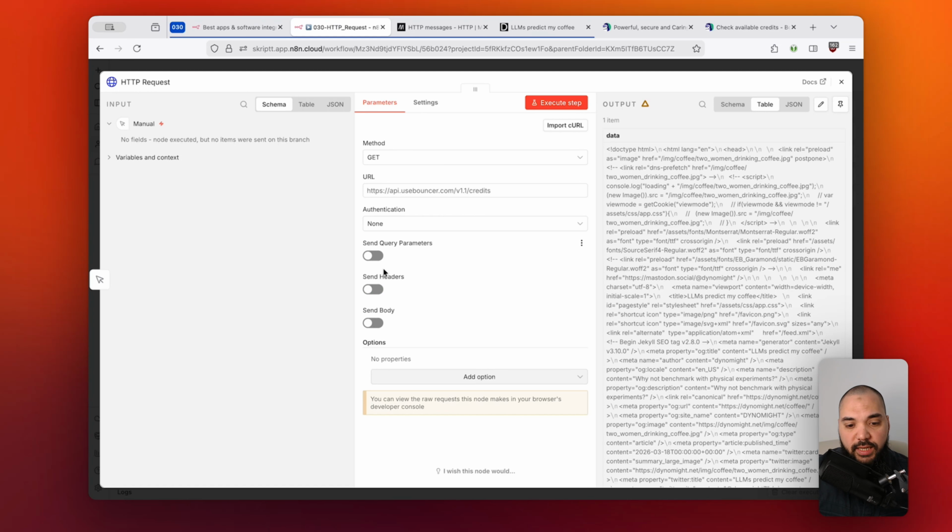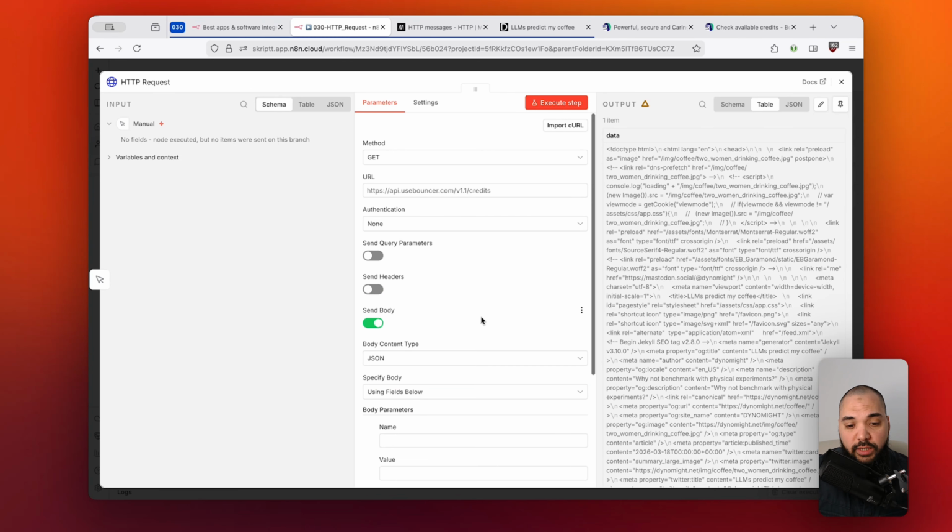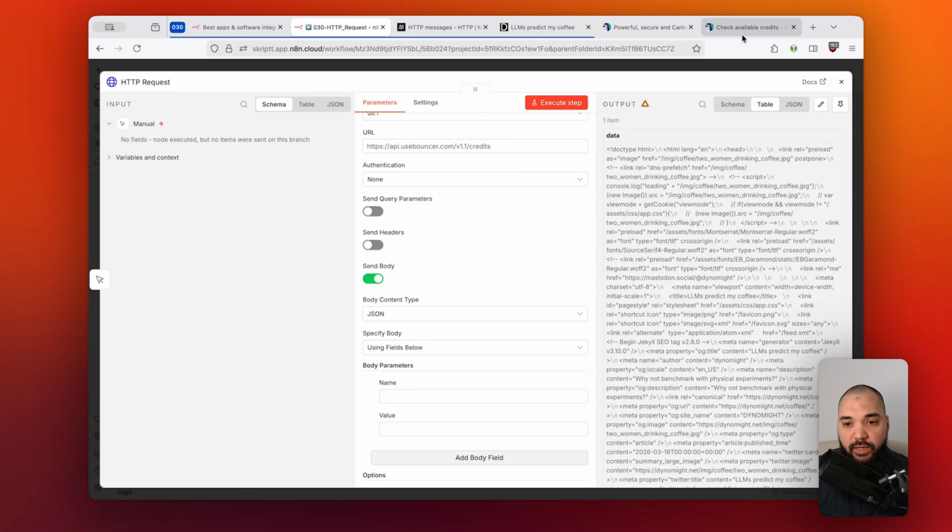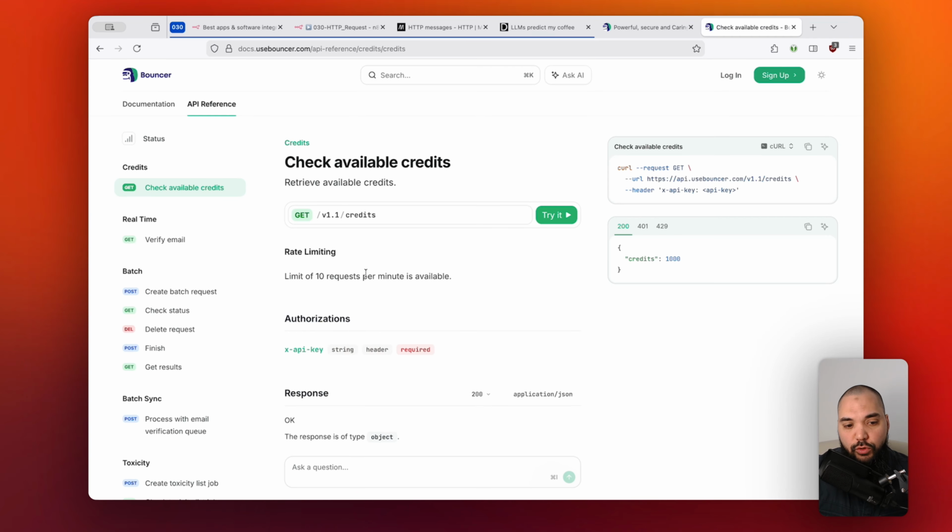And if I close this again, then there's the last section, which is the body. And the body is actually like the real substance of your sending, right? So it actually only makes sense when you are pushing data to the server, right? So if you want to send data over, because this will be the actual data that you want to send to it, right? So jumping back into our Bouncer example again, if you go to the batch section